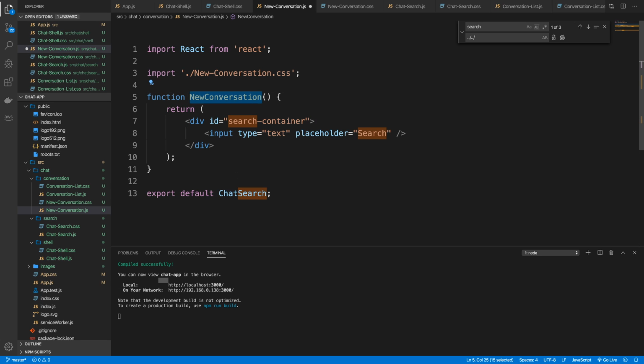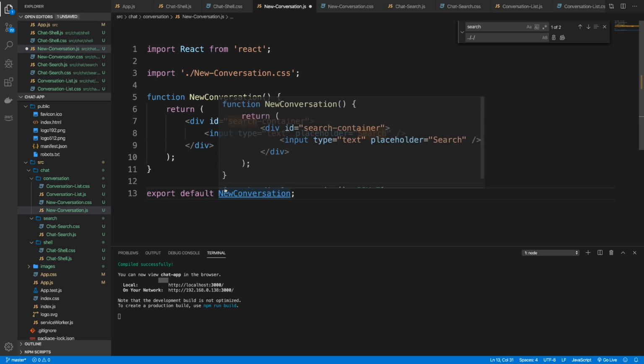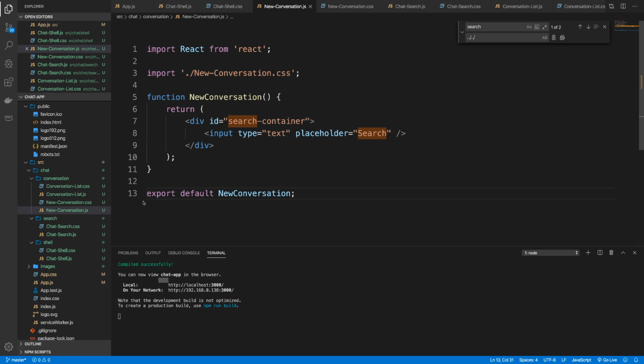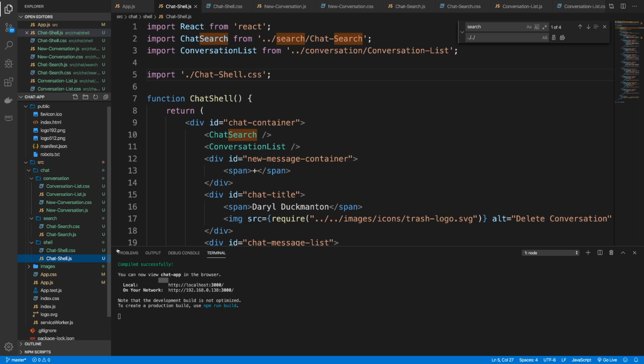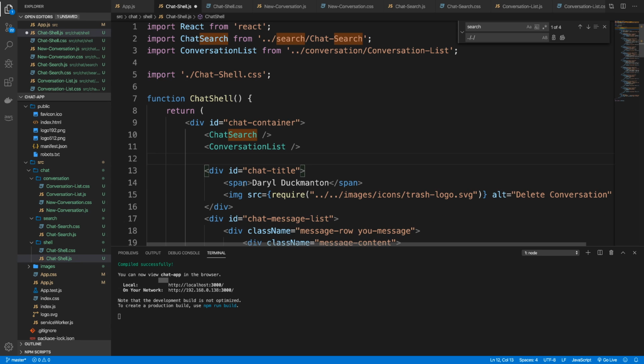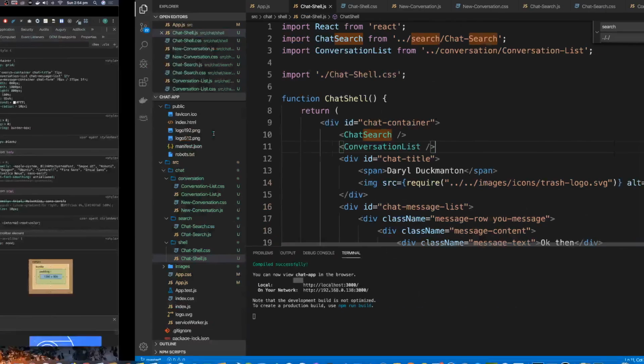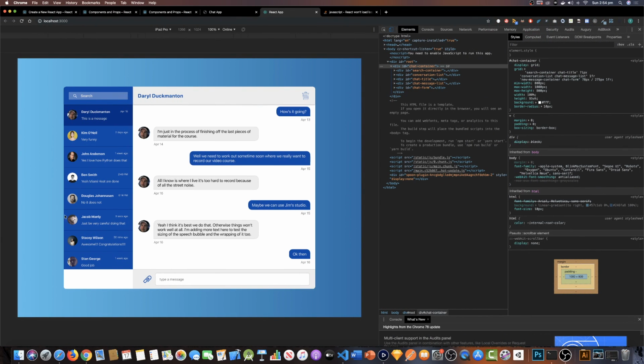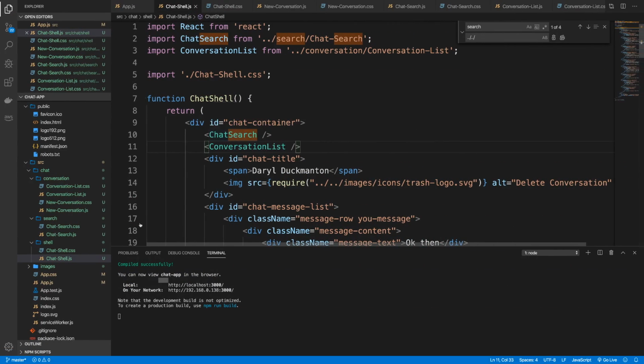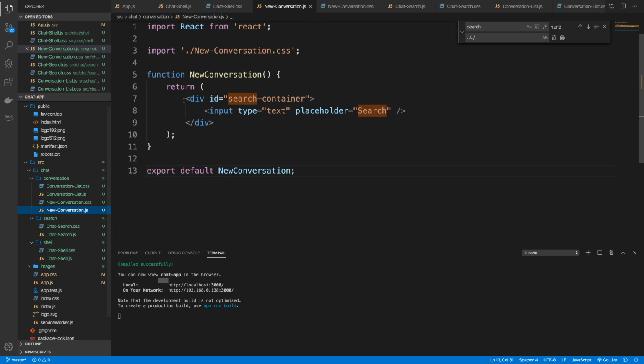So, new conversation. Nice. Now I'll go to the chat shell and grab the new conversation bit, which is this bit here. So cut that out. So it's going to break the application, but that's fine. And now I'm going to come up to my new conversation and I'm going to replace what's in this return statement with that. For now,